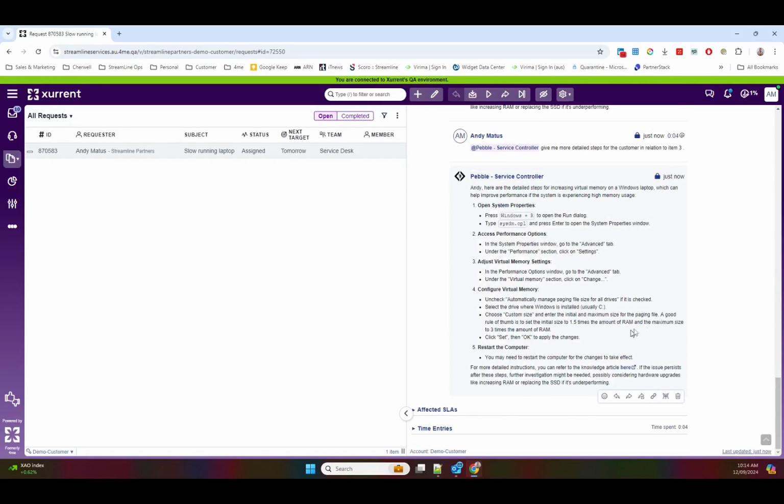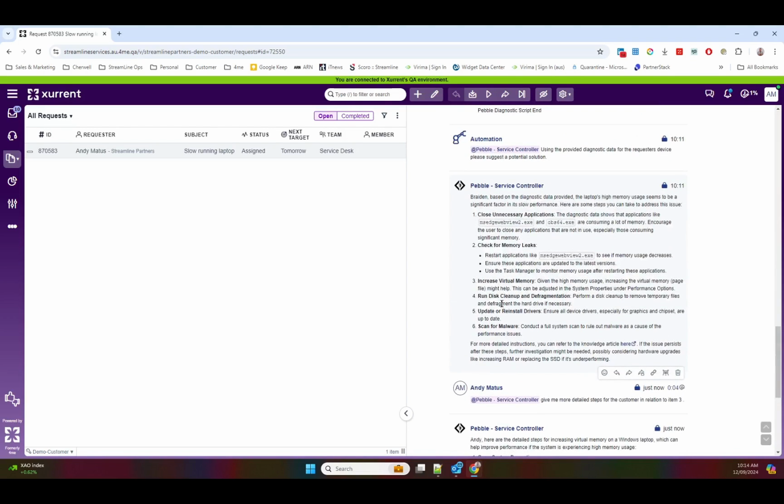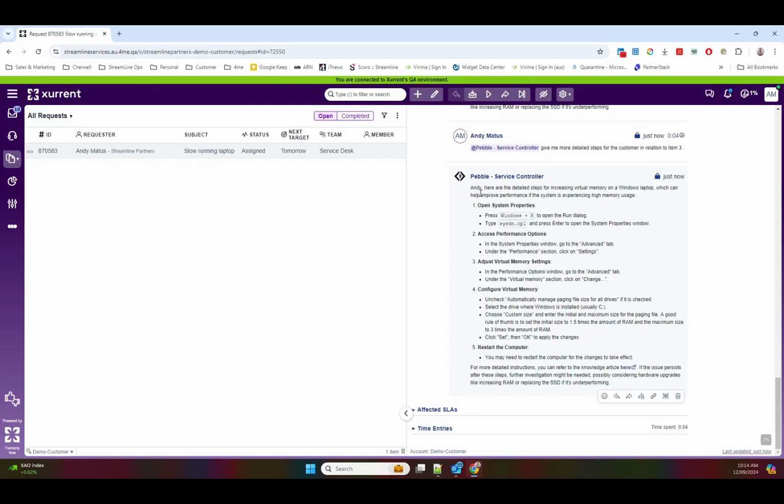So let's have a look at the response. So here's the detail in steps for increasing virtual memory on a Windows laptop. That's great. So that's item 3, increase virtual memory. And now it's given me detailed steps, which I could then send to the customer, which is perfect, right? So I can say, great,